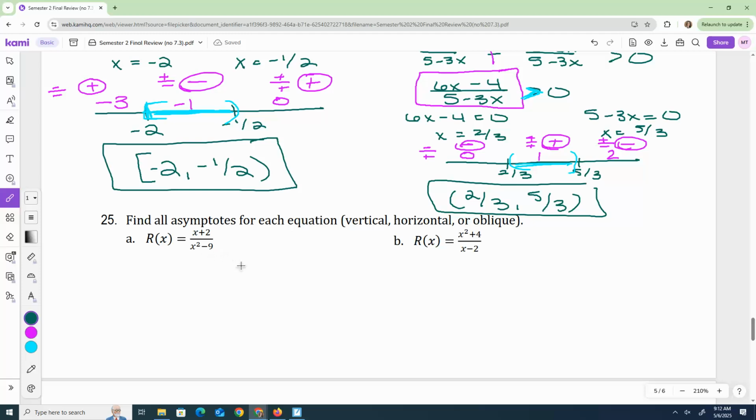25 is more asymptote practice. So we talked about some of these the other day, last Friday maybe, when we worked out some together. Vertical asymptote is just from the denominator. So if you think about when does x squared minus 9 equal 0? Square root, plus or minus. So we have two vertical asymptotes at x equals 3 and negative